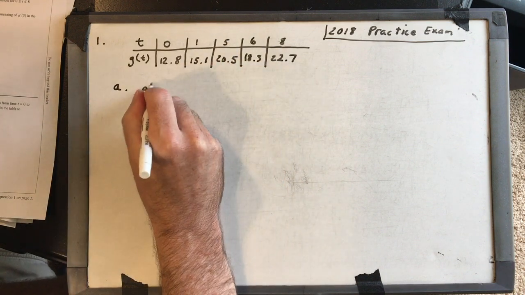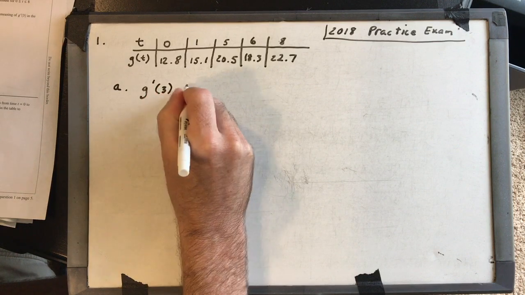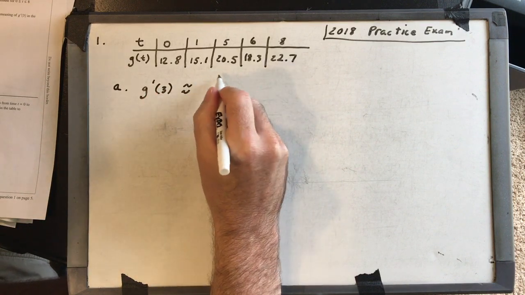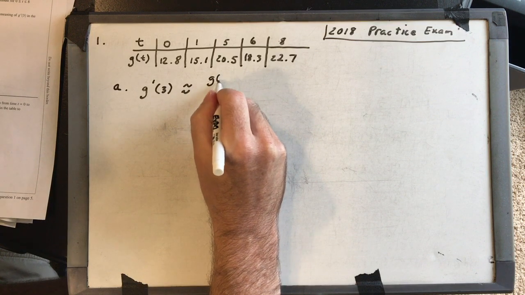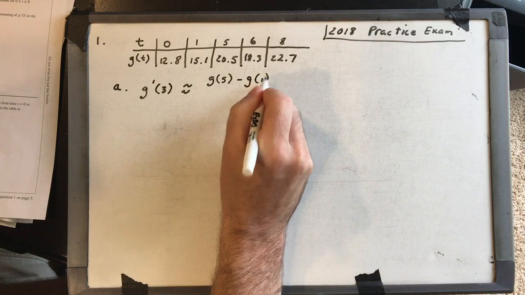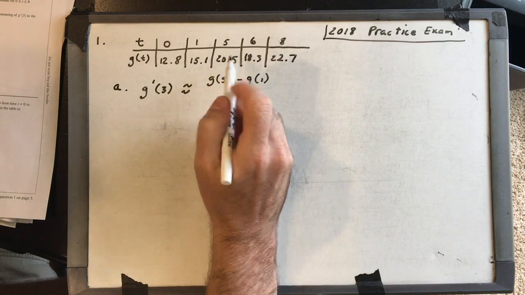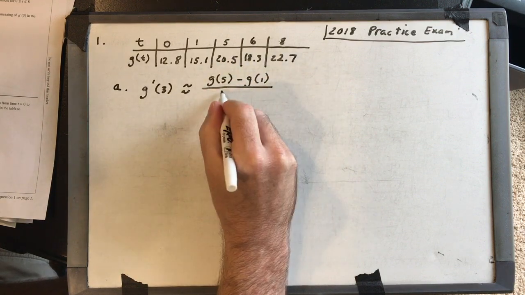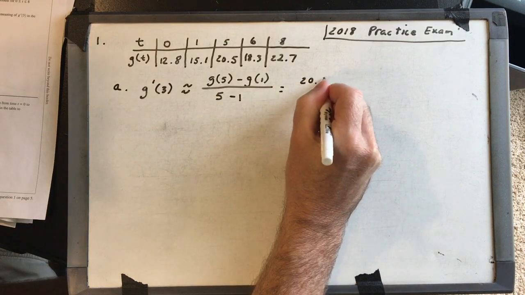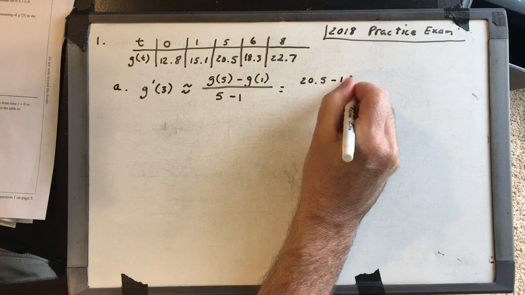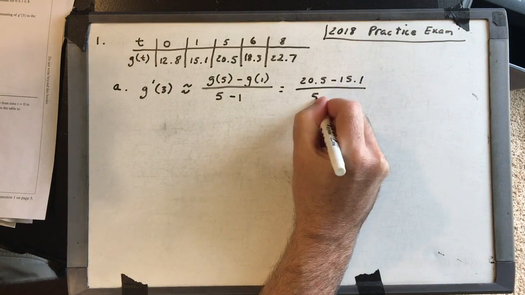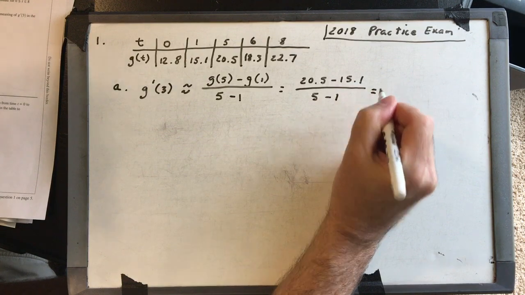So G prime of 3 is going to be approximately equal to G of 5 minus G of 1, the change in y over the change in x, 5 minus 1. So that's 20.5 minus 15.1